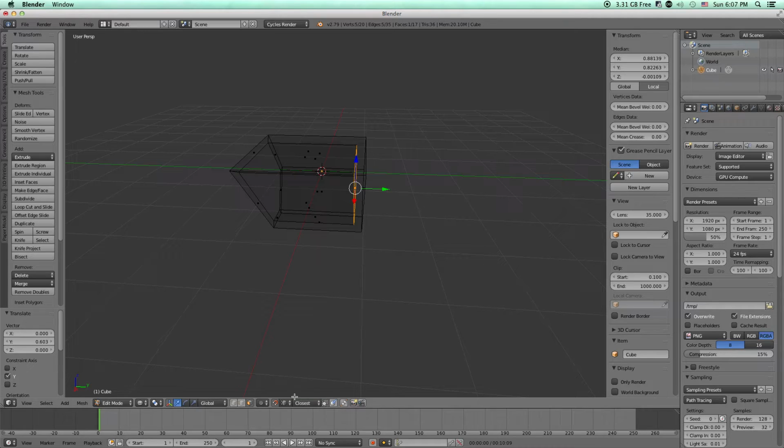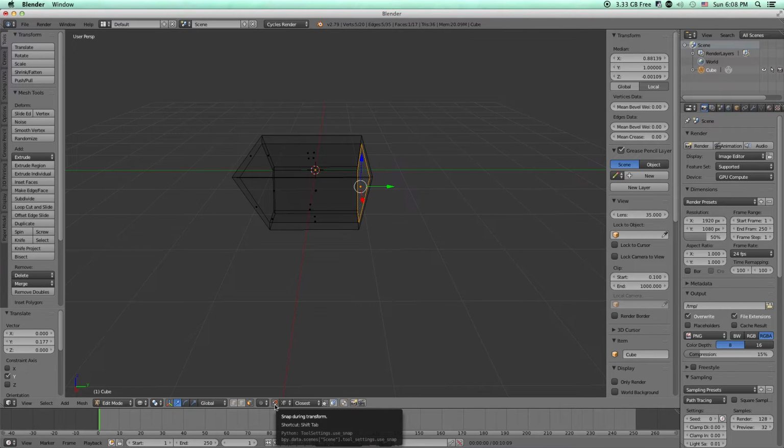to a specific measurement. Then I'm going to use my magnet tool. I'm going to make sure it's on vertices almost all the time. Going to make sure it's on closest, center, and median. Sometimes these work, but closest is going to work most of the time. And now it's going to go to whatever vertex you're hovering over. So if we want to go to here, obviously that's going to look bad, but now we can unselect our, there you go, now it shows the shortcut Shift Tab to turn on and off